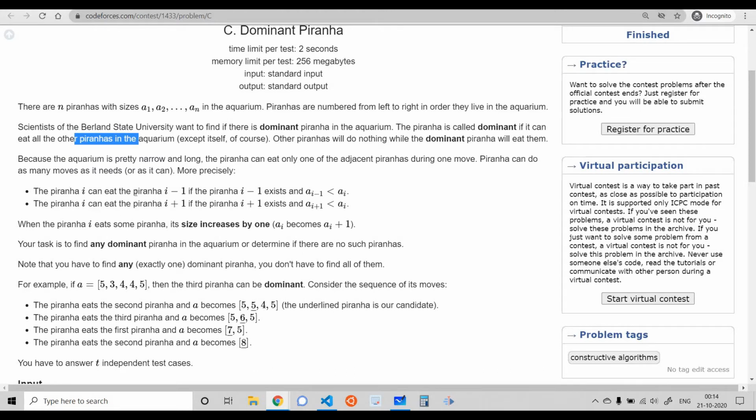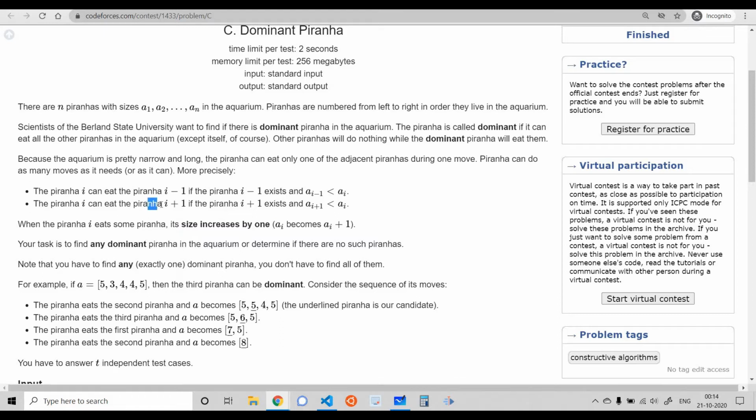And yes, how can we find out whether it's a dominant one or not? If a particular piranha eats all the other piranhas, it can be termed as dominant. And if we see, if two piranhas are adjacent to each other and the piranha at index i is larger than the piranha present at index i-1, then it can simply eat that particular piranha, and after eating one piranha, the size of that particular piranha will be increased by 1 unit.